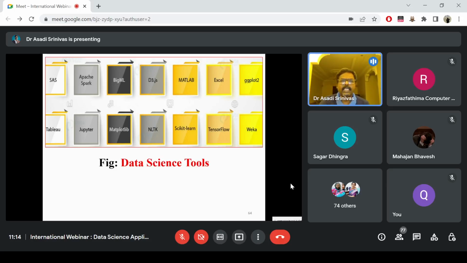You can ask any doubt on these tools. I am going to clarify, and I have used all sorts of tools for my research in the data science